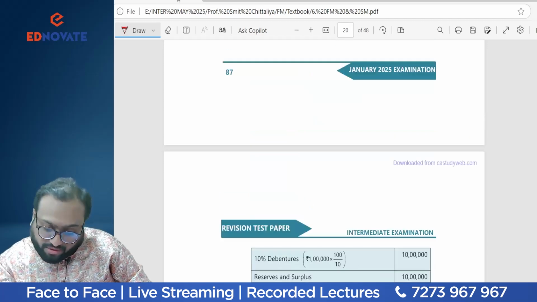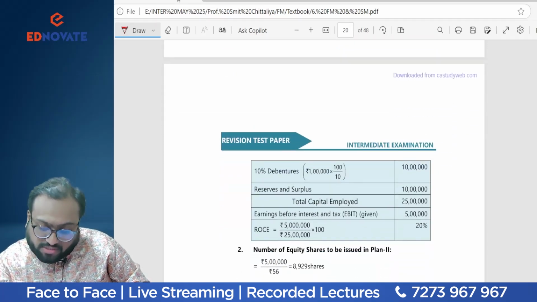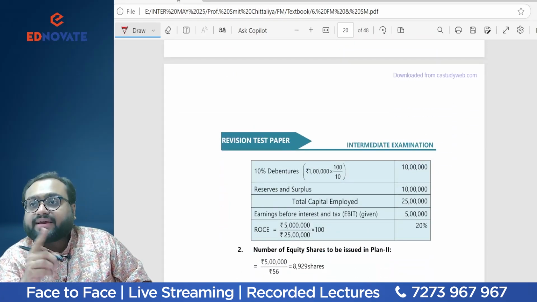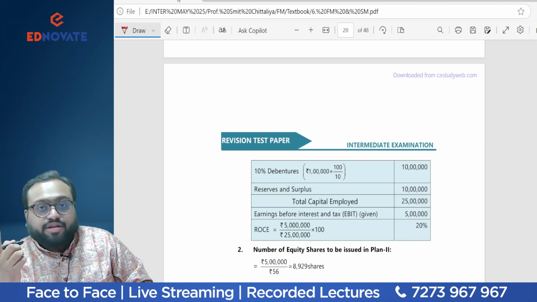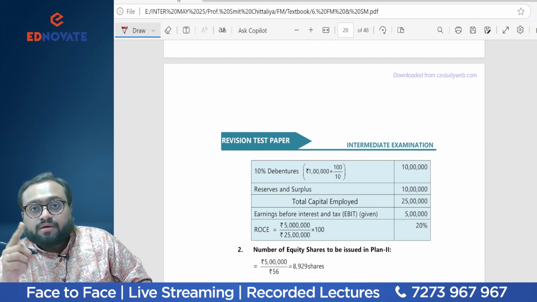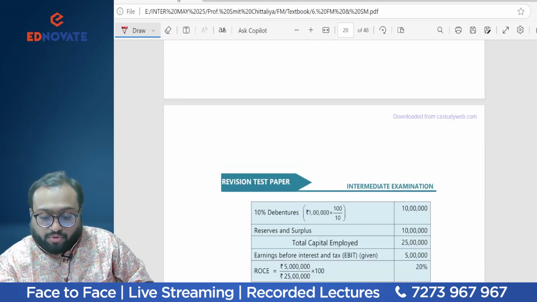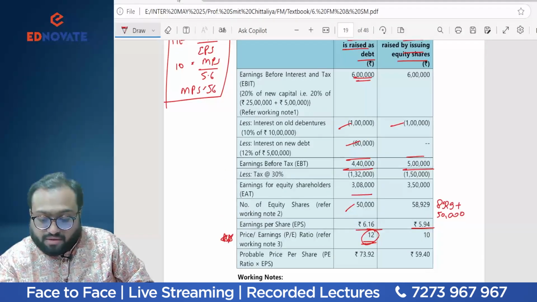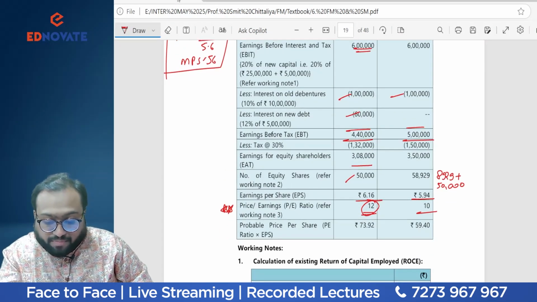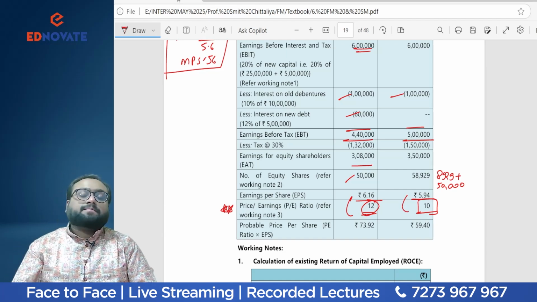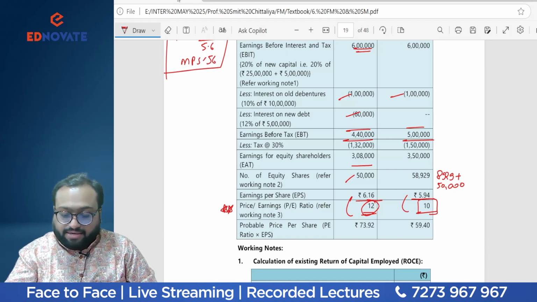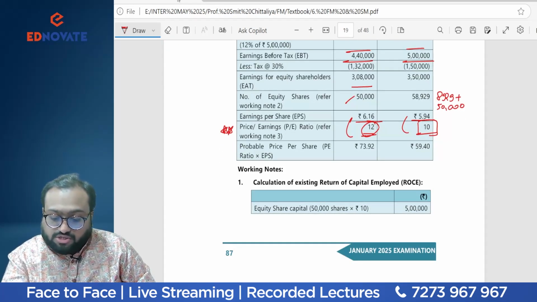So here it will be, of course, since I have 10 lakhs of reserves, 5 lakh and 5 lakh, 20 lakhs. So equity is 20 and debt is 10 lakhs. Am I right? So debt equity ratio is not much higher. If I am not wrong, debt is more and equity is less in the first case. So here the P/E ratio will be 10 only. And if you multiply EPS with P/E ratio, you will get the market price per share. Am I right? Yes, students. So this is also perfect.